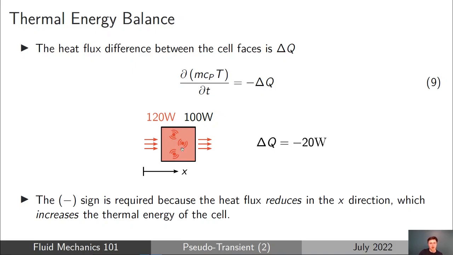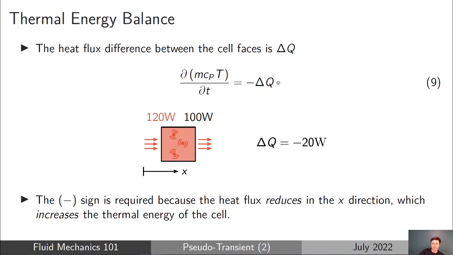we had at the left-hand end, where initially at time equals 0, we have 120 watts coming in the left face of that element, and we have 100 watts coming out the right face of that element. We have a difference in thermal power of 20 watts between the left face and the right face. So you could describe this as a delta Q, a delta Q of minus 20 watts. There's 20 watts less coming out of the cell than we've got